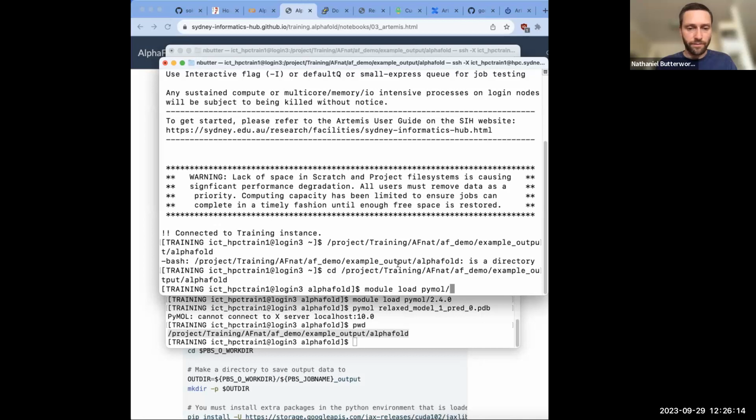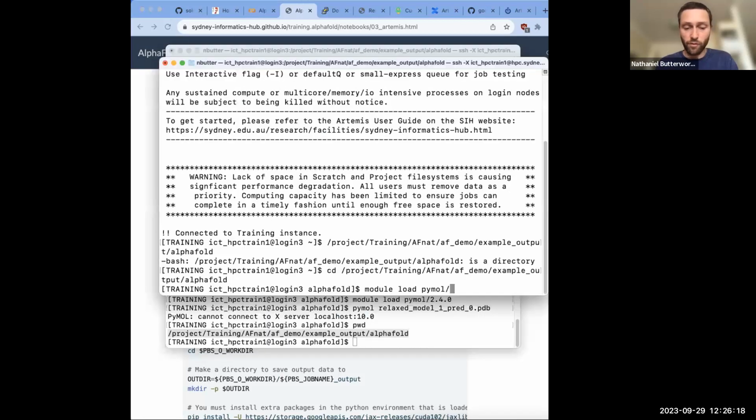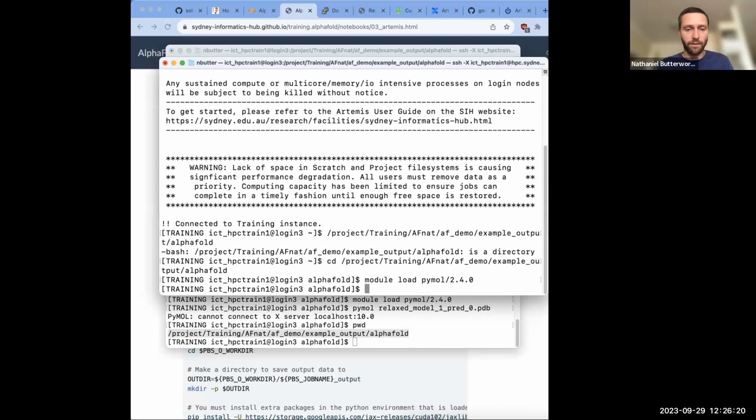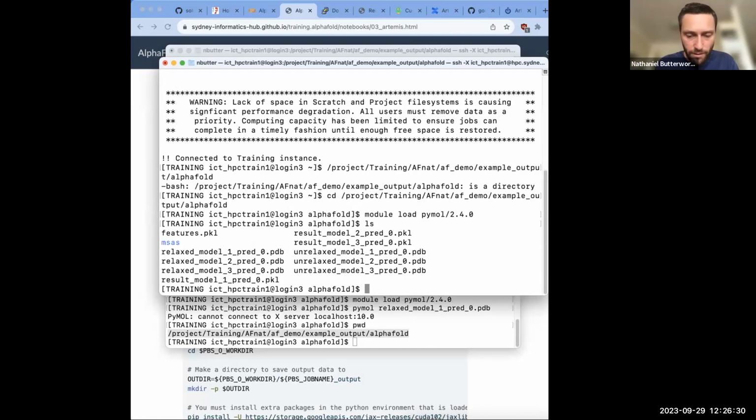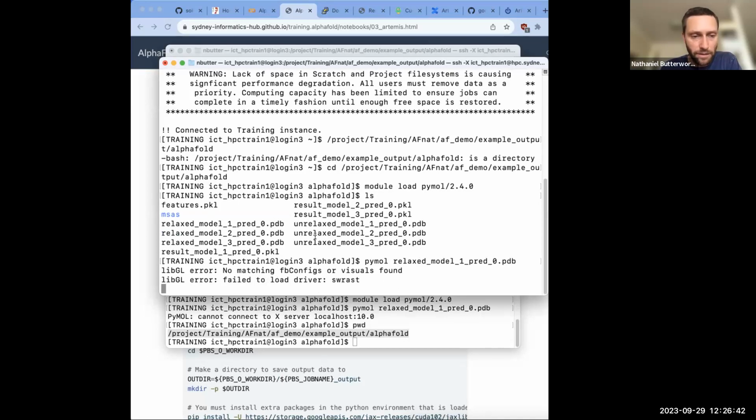Like I said, there's lots of different PDB viewers, but if you just want to have a quick look whilst you're on Artemis, I think this one is pretty reasonable. Otherwise, you can download the data later. You can move it over to RDS and look at it locally. Okay, so I've loaded it, and now I can do PyMol relaxed model 1. Sure, let's do that. All right, and so the output there, the PDB files are the predicted structures using different